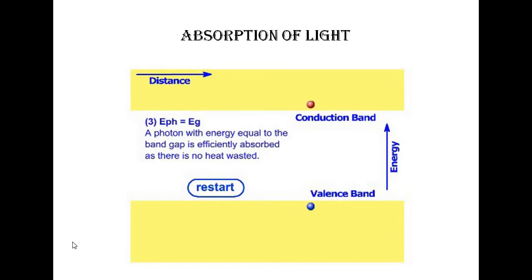So what is the absorption of light? This concept is important for the conversion of light energy into electrical energy. When the energy of a photon is equal to or greater than the band gap of the material, the photon is absorbed by the material and excites an electron into the conduction band. Both minority and majority carriers are generated when a photon is absorbed. The generation of charge carriers by photons is the basis of photovoltaic production of energy.